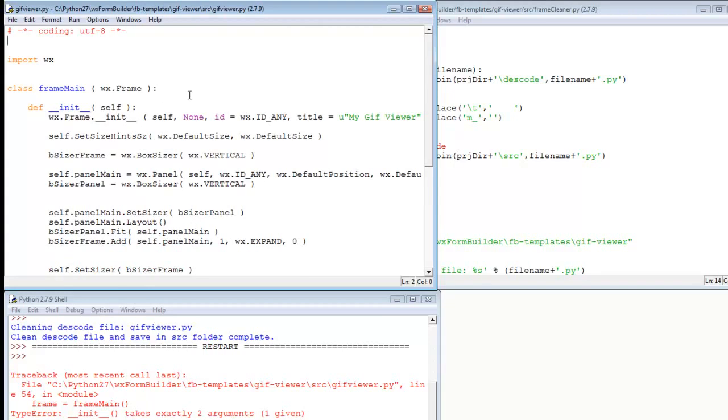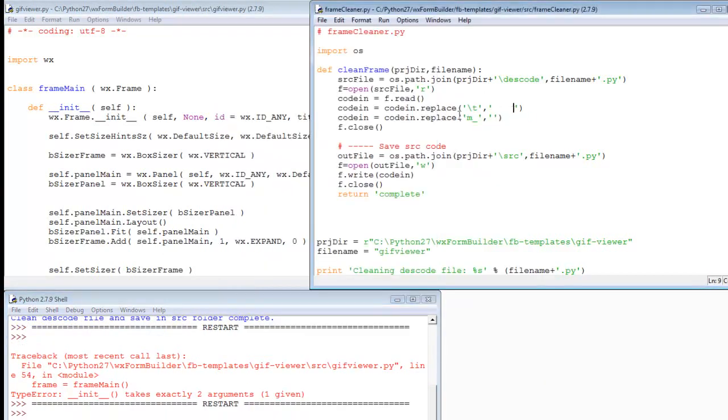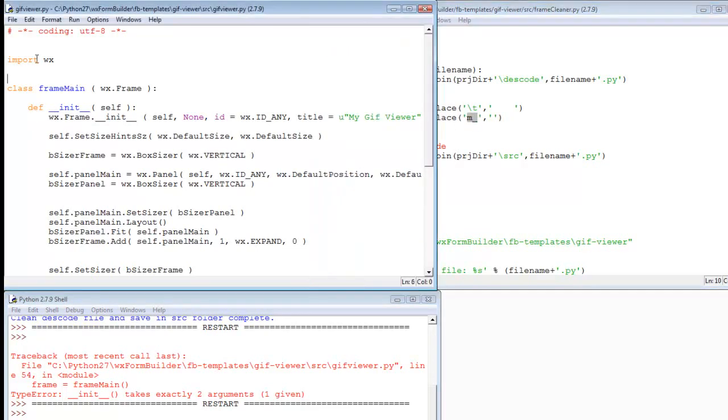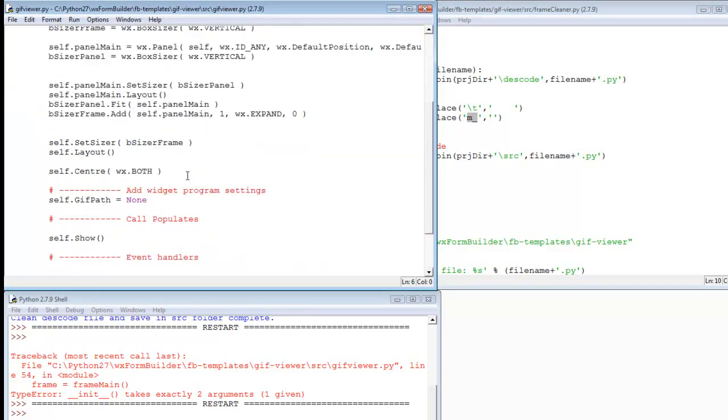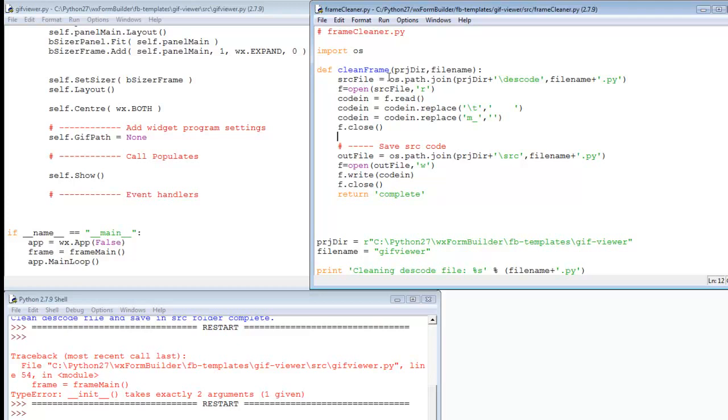Okay, and then when I press F5 it runs, it works. So this has done its job in cleaning the tabs and removing the M underscore, but I had to make some other adjustments. So next tutorial I will give you more code that will add to this script so that